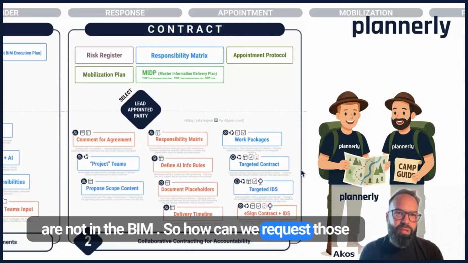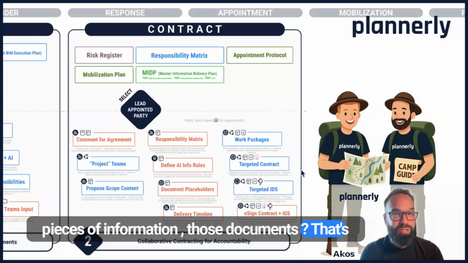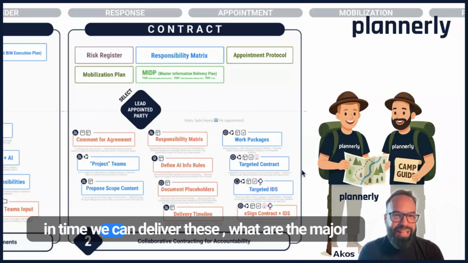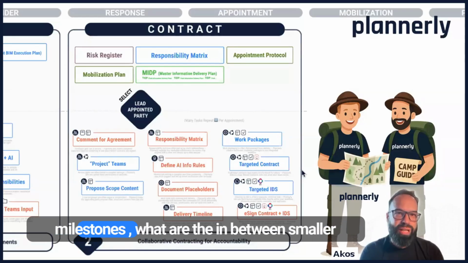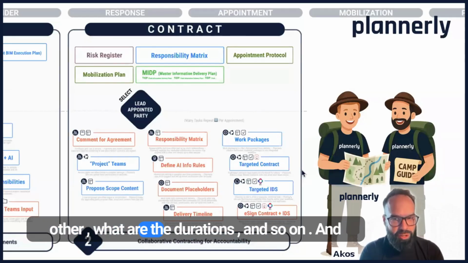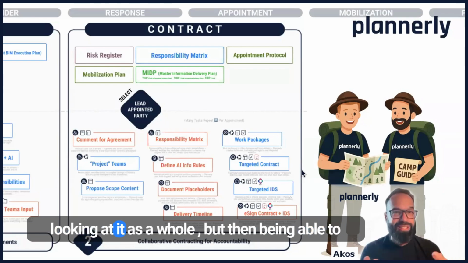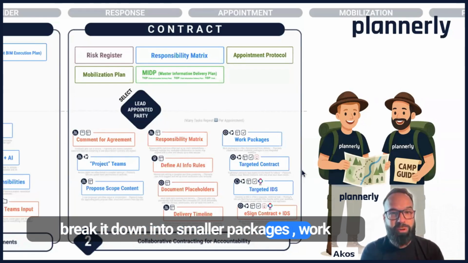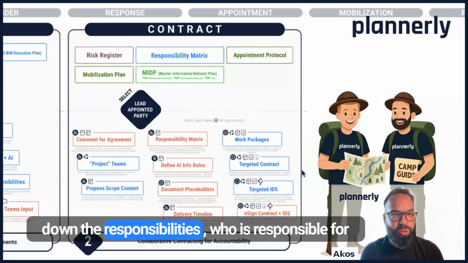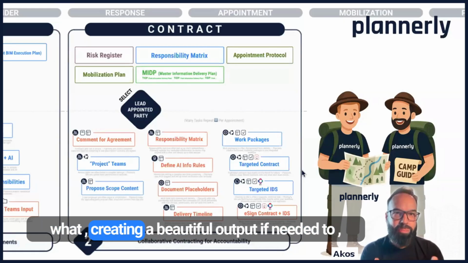So how can we request those pieces of information, those documents? That's going to be a big topic. And then, of course, how in time we can deliver these, what are the major milestones, what are the in-between smaller milestones, and how disciplines depend on each other, what are the durations, and so on. And looking at it as a whole, but then being able to break it down into smaller packages, work packages, so we can even contract for it, filter down the responsibilities, who is responsible for what,